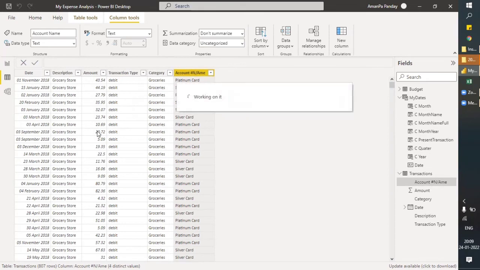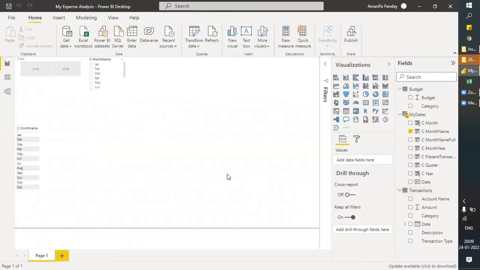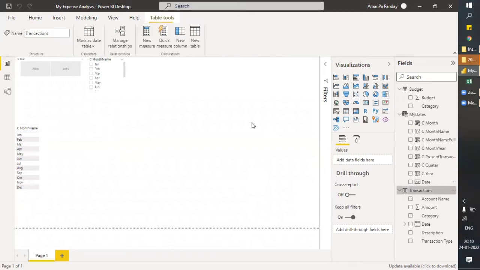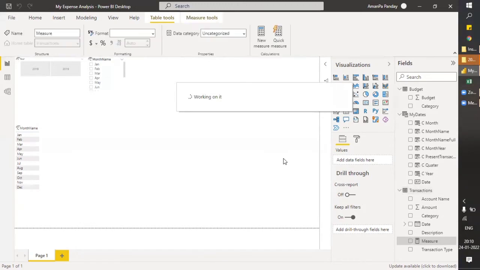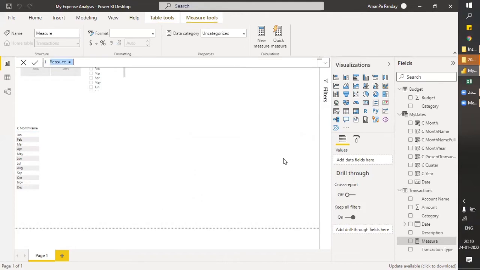Let's add a simple measure now to find the total of this. First click on that particular table, then New Measure, and the measure name should be total transaction amount.